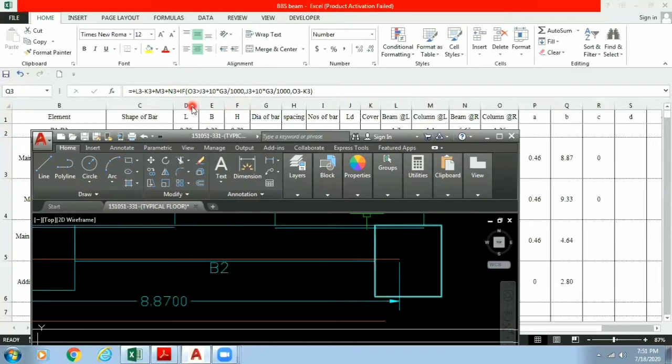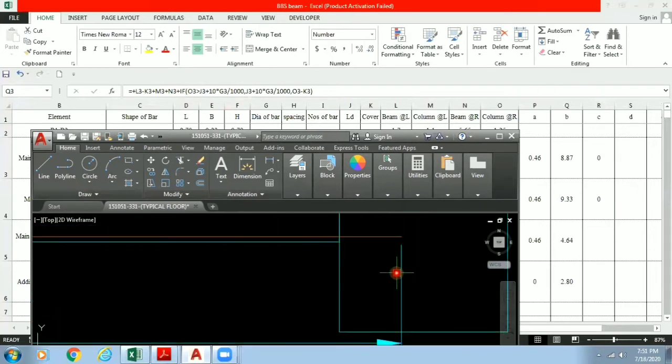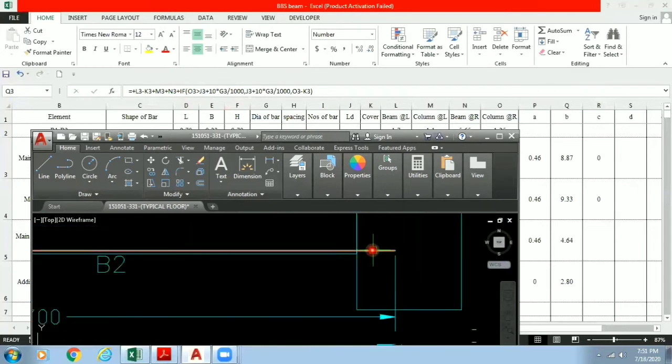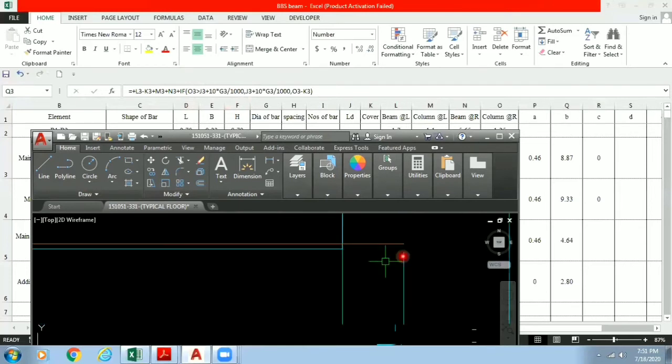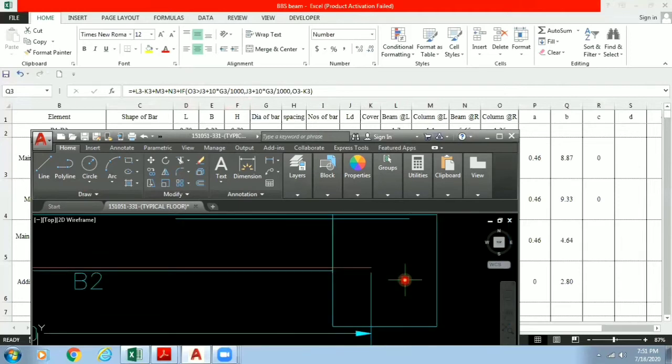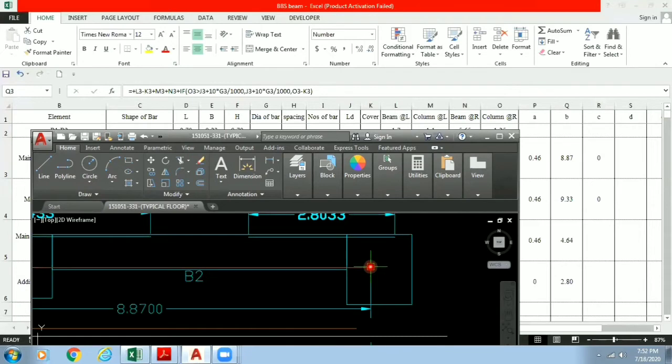Why this if statement is used? If the anchorage length is less than the column width, then we don't require any kind of bent up here. But in case the width of column is less than LD plus 10D, then we have to provide one vertical over here. For that, this if condition has been stated. In this current situation, we don't have any vertical projection here. Therefore, the value of C is 0.